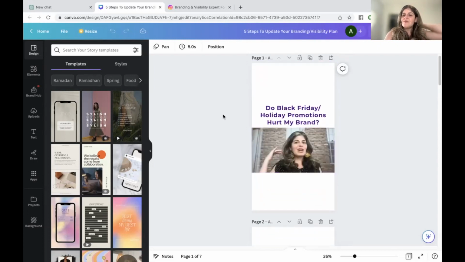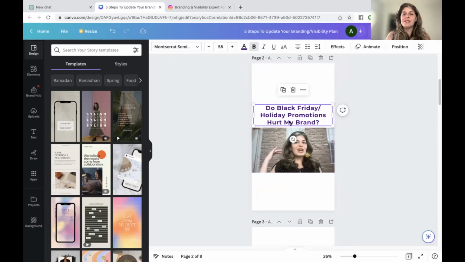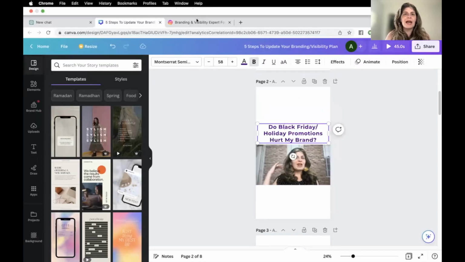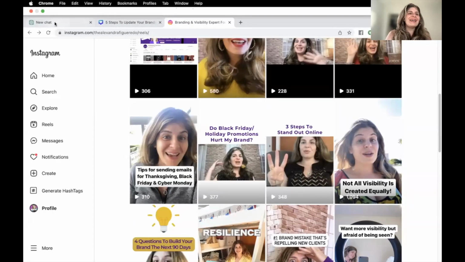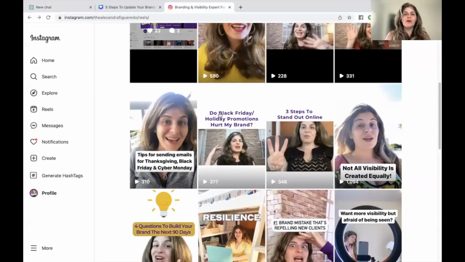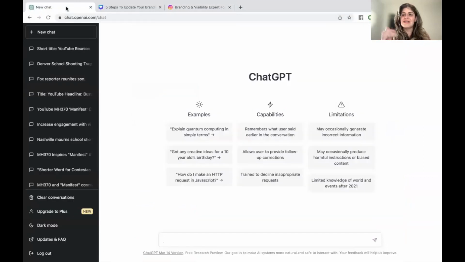Let's just keep this one. And there's a couple of things we can do here. One, let's just test. I want to test first the caption here. So this one was a little bit on the long side, even though this one got 377. I would say out of the lower ones in this, it's the higher of the lower, but let's see if we can get it better. So that was a little bit long. Do Black Friday, 1, 2, 3, 4, 5, 6, 7, 8. I want to get it down to 7 or less words. I think 6 is even better, but 7 because there might be some short words. So let's say